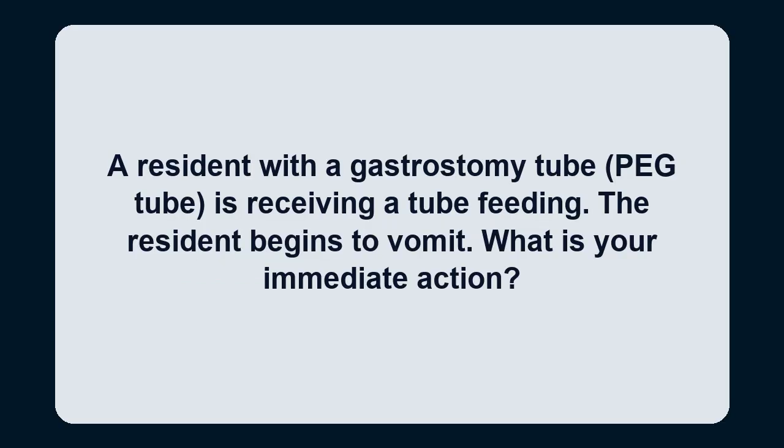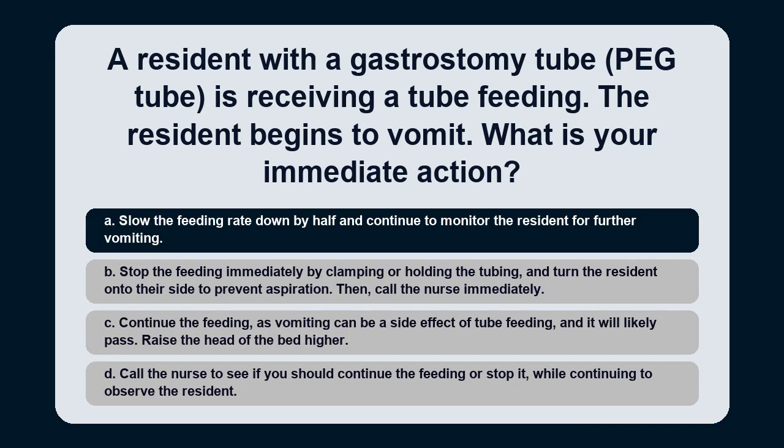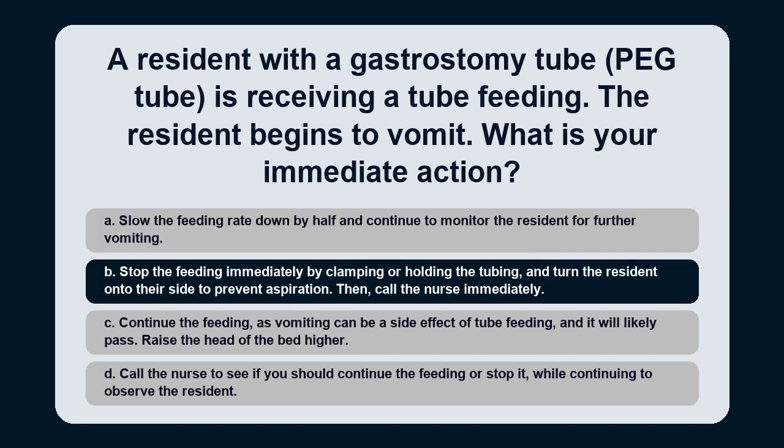Question 2. A resident with a gastrostomy tube, PEG tube, is receiving a tube feeding. The resident begins to vomit. What is your immediate action? Option A. Slow the feeding rate down by half and continue to monitor the resident for further vomiting. Option B. Stop the feeding immediately by clamping or holding the tubing and turn the resident onto their side to